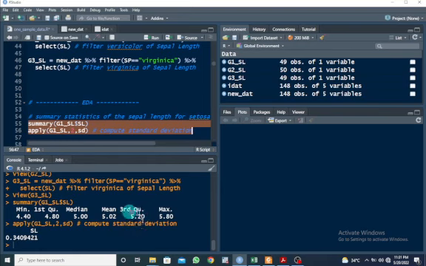Here we know that 25% of the values are greater than 5.2 centimeters and 75% of the values are below 5.2 centimeters. So we can interpret this as the top 25% of the sepal from the setosa plant are greater in length than 5.2 centimeters, and the median of the lower half is given by the first quartile or